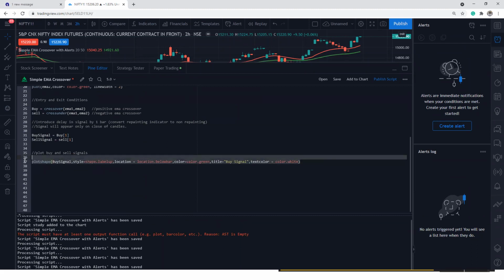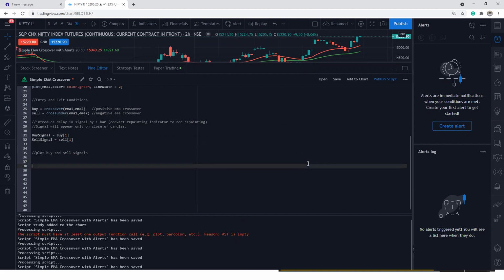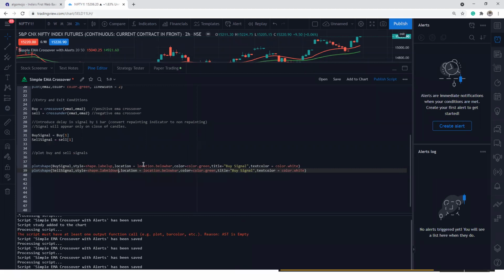So color white is done, and followed by that, I'm going to add one more line. I'll say sell signal, shape down. It's not shape up here, it's shape down. And location. Again, there are different types of locations: location above the bar, location below the bar.